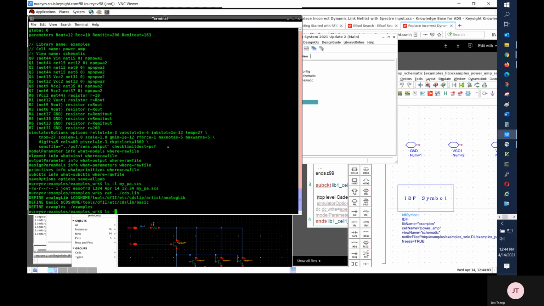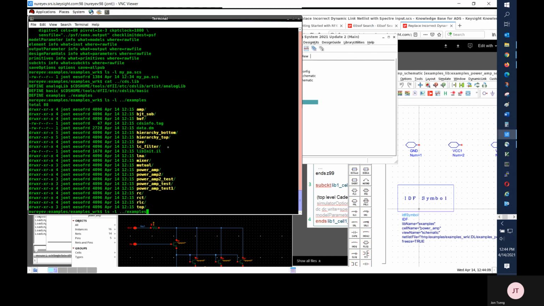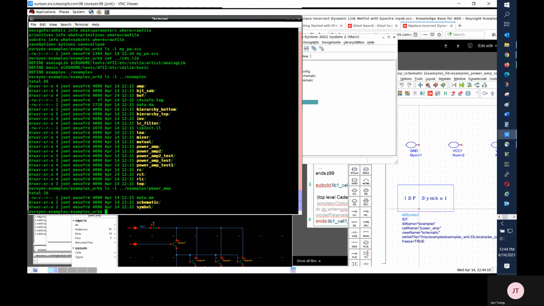Under the examples directory, the power amp is the cell name of the dynamic link component. Under the cell directory is a symbol directory. I can simply copy this symbol directory over to the ADS side for the new component I'm creating.